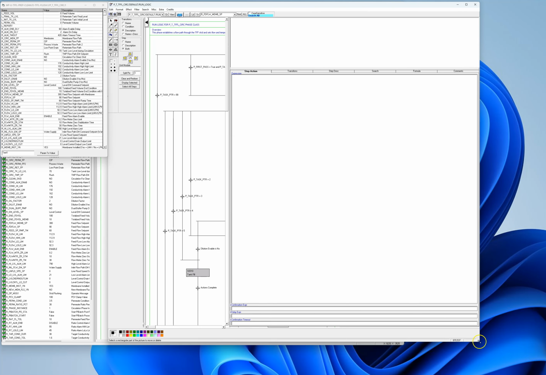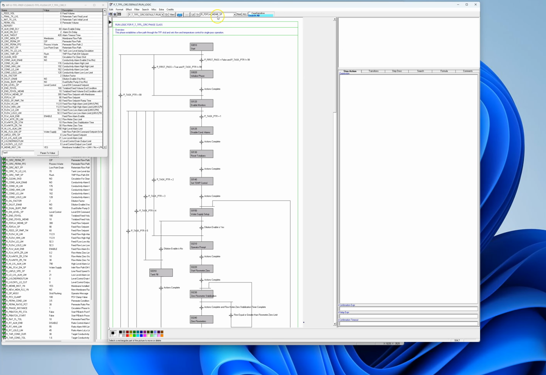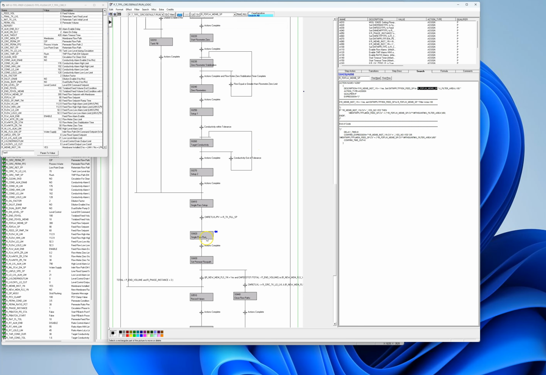So from here, you can say, okay, where is this recipe phase parameter being referenced? You select next, and it takes you there. It says in step 420, action 90. That's where it's at. So from the recipe value, you can actually trace it down to the specific location in your phase and how and